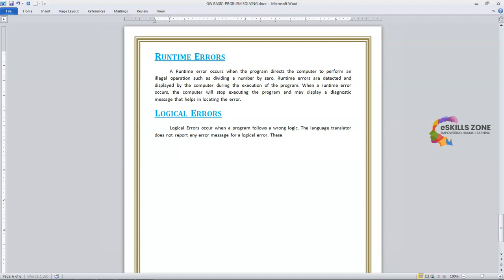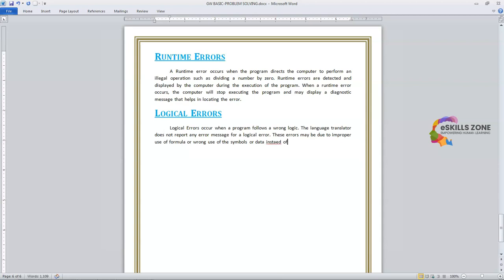These errors may be due to improper use of a formula or wrong use of the symbols or data instead